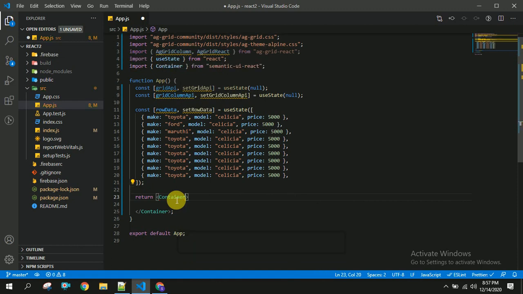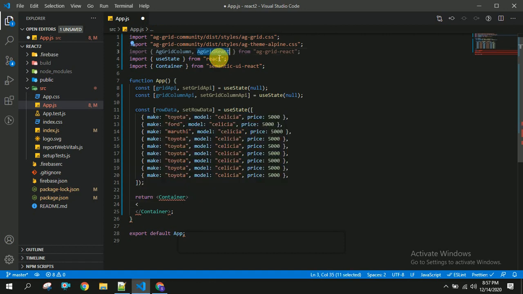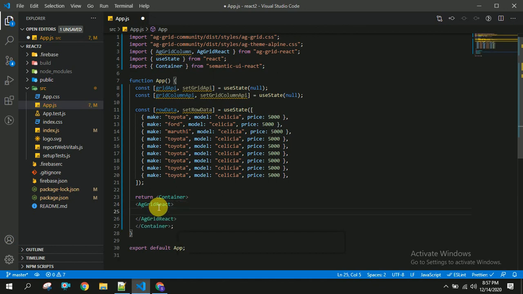Yeah, it got auto imported. Now I am going to use AG Grid React. As we have imported this, I am going to copy this AG Grid React and closing statement. In this AG Grid React we have to use AG Grid column.